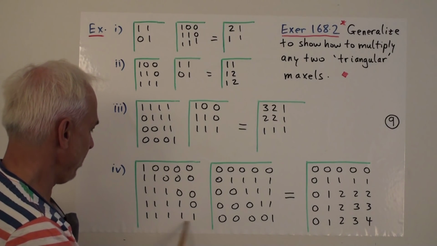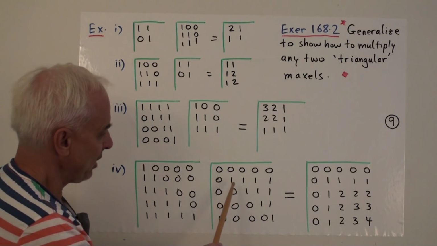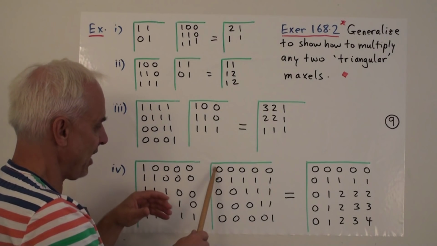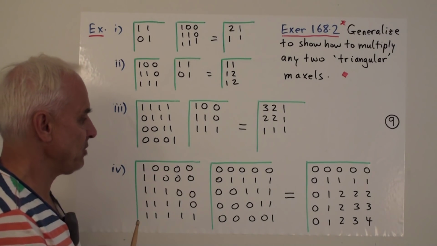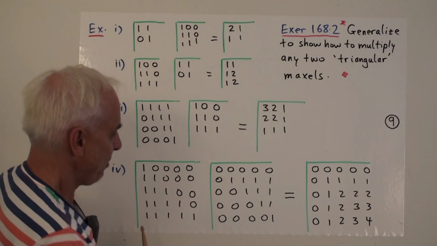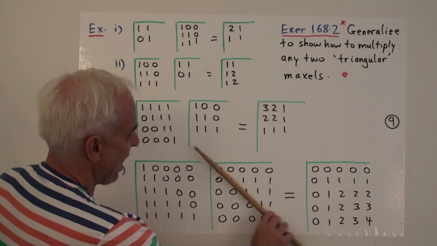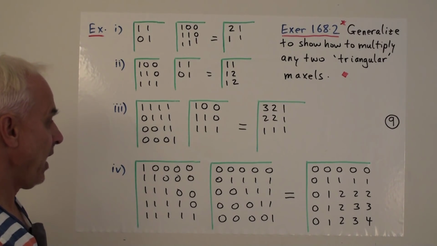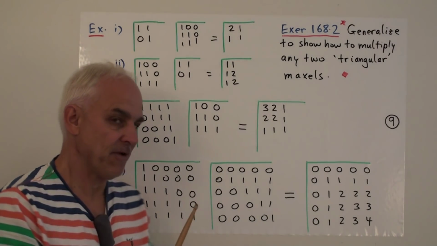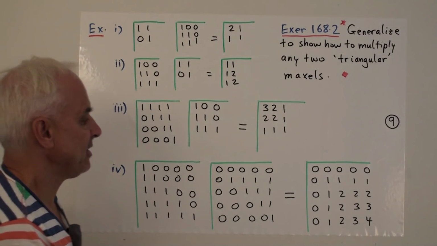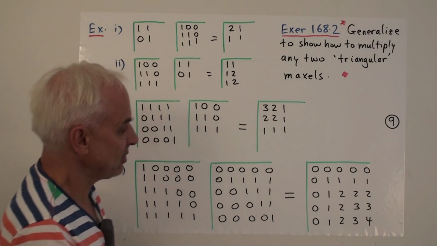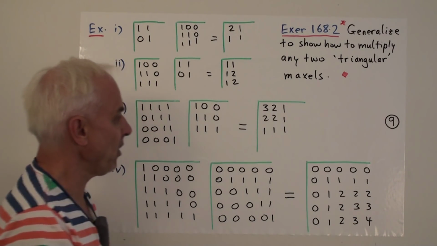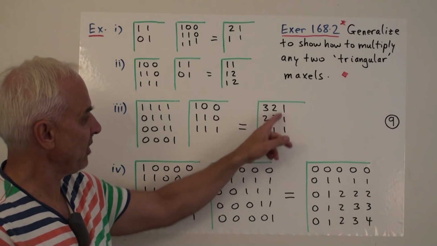Here is another example, a bigger lower triangular. And here's an upper triangular one that's shifted a little bit, so it's no longer justified. It's no longer a corner object. It's sort of floating a little bit, but still its diagonal is on the main diagonal of the screen. And the product, you can verify, see if I've done it correctly, is this pleasant little square here with a fringe of 1s and then a fringe of 2s, a fringe of 3s, and a fringe of 4. Kind of the opposite of the kind of thing that we saw in this one here.